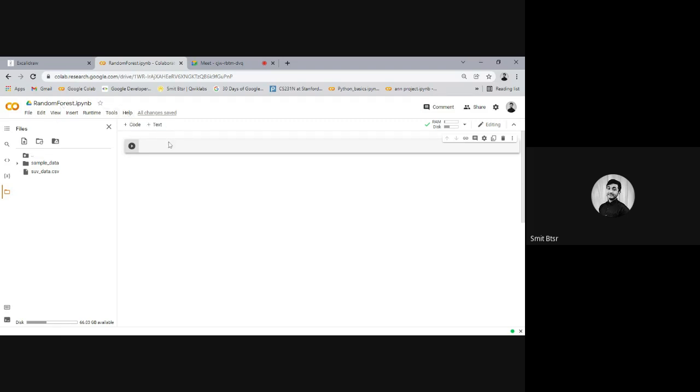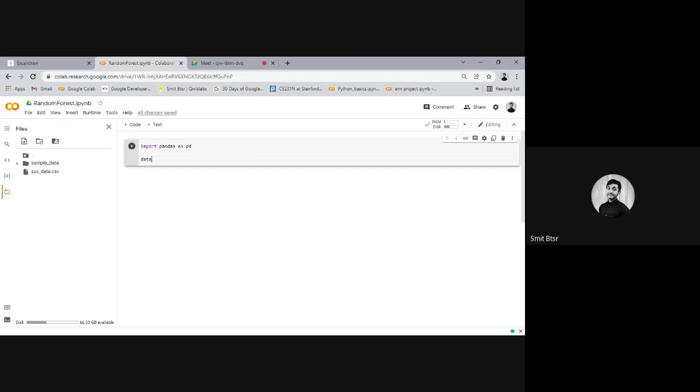So let's start. First of all, we will read the CSV file. So we will need pandas. Import pandas as pd. Then we will see one by one. All right. So now we will read this.